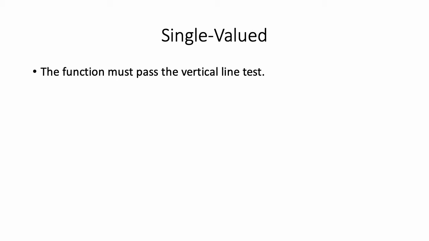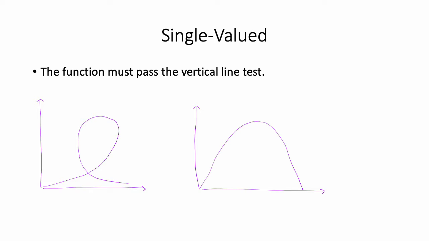So the first requirement is that the function must be single-valued, and essentially what this means is that the function must pass the vertical line test. So let me draw 2 functions. Okay, so what the vertical line test basically means is that if I draw any, this is a keyword, any vertical line, and the vertical line only touches the graph once, or the function once, then that function passes the vertical line